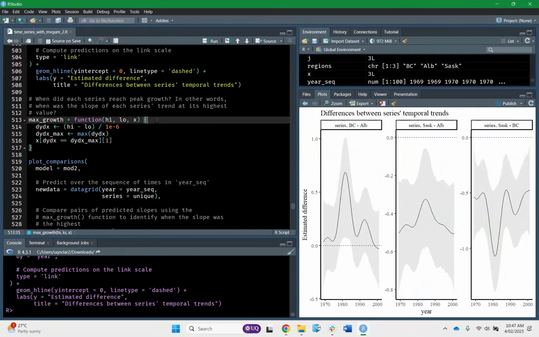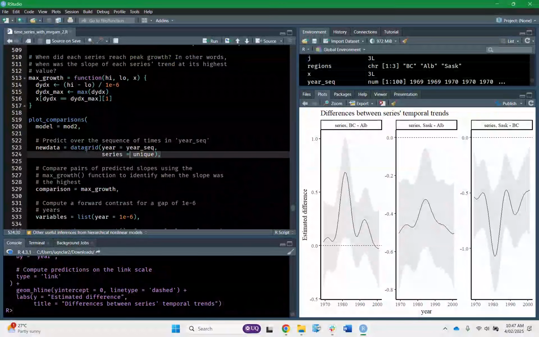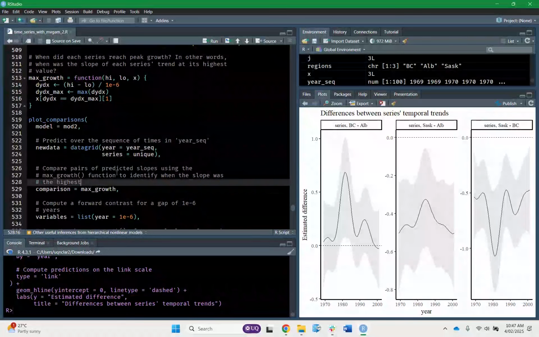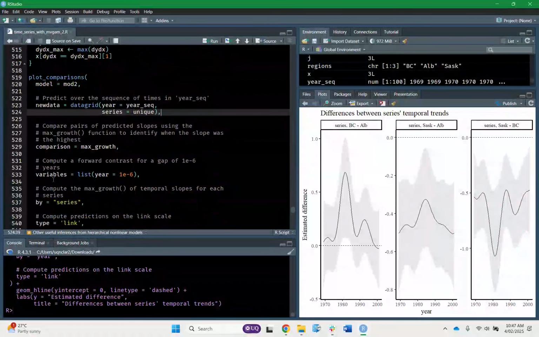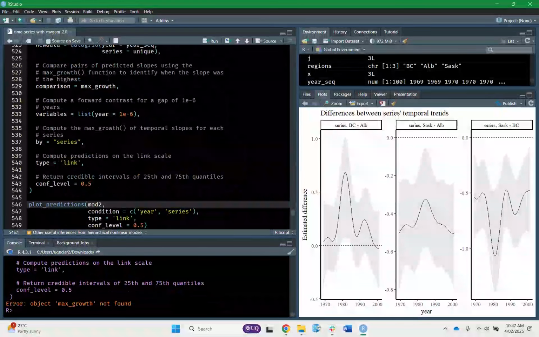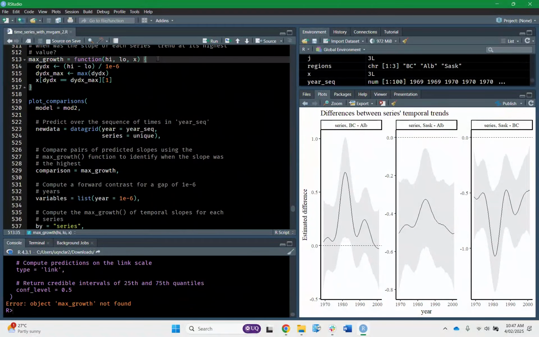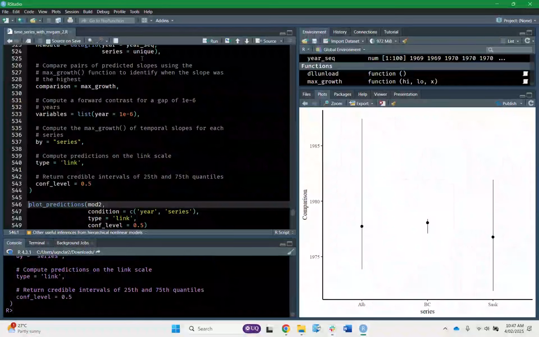Again, you can read more in the marginal effects documentation about how to do this and other things you can do. But by creating this custom function and again plotting over that same data grid, I'm going to say, give me this comparison, the max growth comparison for each time series. When was the slope growing the fastest? And it's going to tell me when in the year variable it was growing the fastest, and do this for each series. Okay, so what this is going to do is operate over that grid and, using a finite approximation, say when was it growing